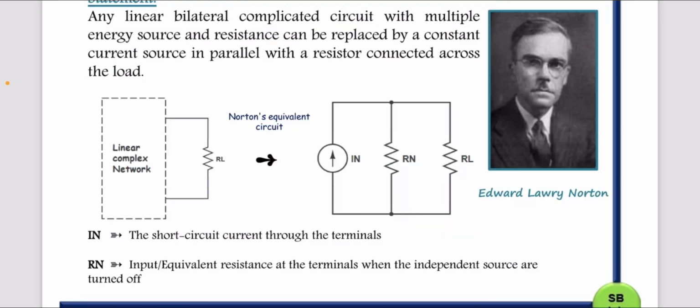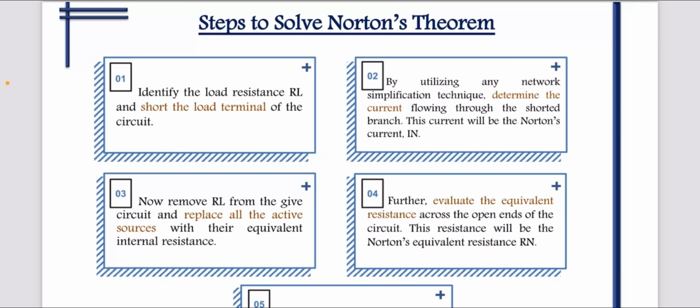And in the diagram there are IN and RN, where IN is called the short circuit current through the terminals, and RN is called the input or equivalent resistance at the terminals when the independent sources are turned off. The basic steps to solve Norton's theorem: the first step is to identify the load resistance RL